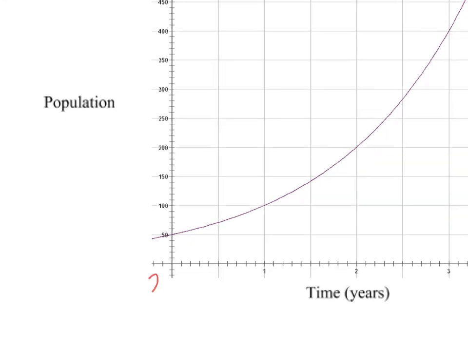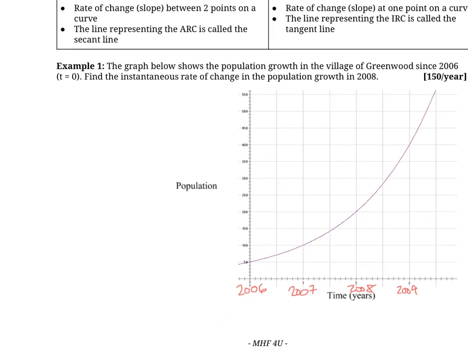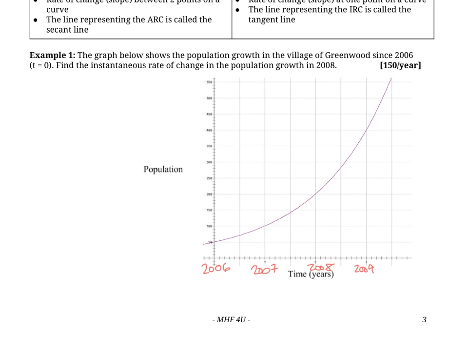So this is 2006. That means this is 2007, 2008, 2009, right? So we need to find the instantaneous rate of change in 2008. And really, the only way to do this from a graph, if we're not given an equation or anything, is to sketch in a tangent line. And in order to sketch in a tangent line,